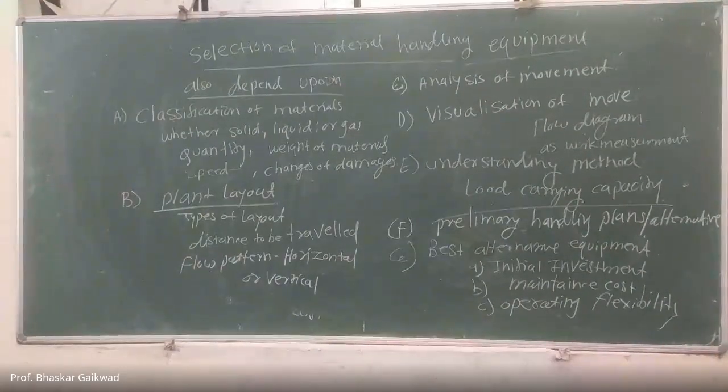For example, conveyors may be cane carrier conveyors, bagasse conveyors, paver finish conveyors, bucket elevators. So many conveyors are there. So what material is actually required to manufacture the conveyor so that it can sustain the capacity? So this much we actually require in material handling. So A, B, C, D, E, F, G, up to this point, it is expected that you remember while selecting material handling equipment in the industry. Okay.